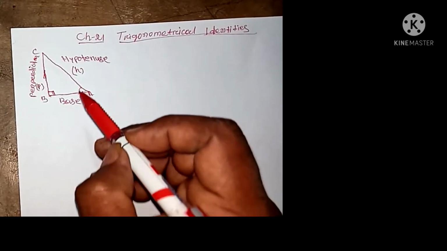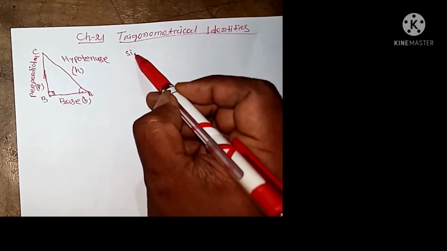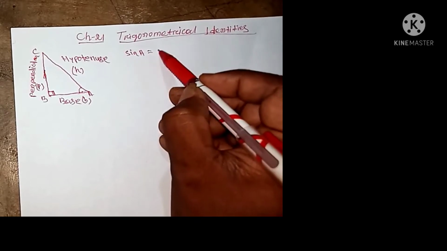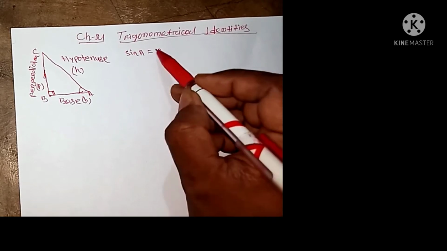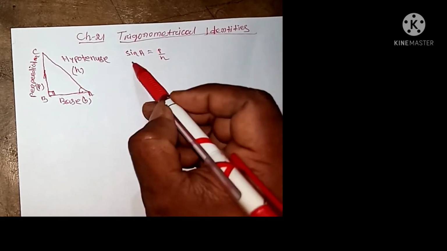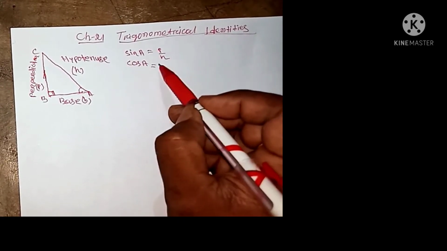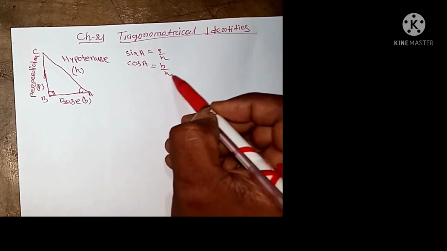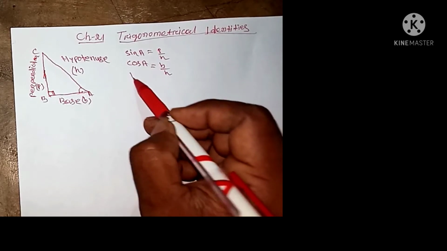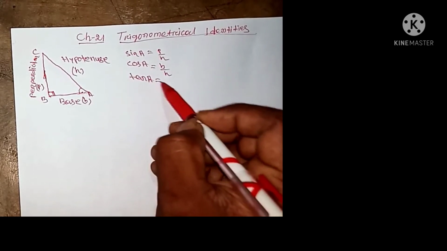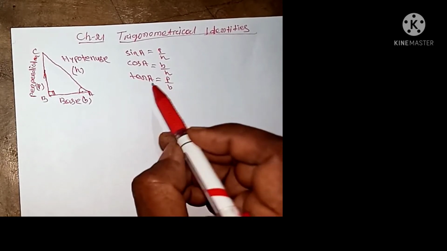To find the trigonometrical ratios: sin A is equal to P by H, or perpendicular by hypotenuse. Cos A is equal to B by H, or base by hypotenuse. Tan A is equal to P by B, perpendicular by base,